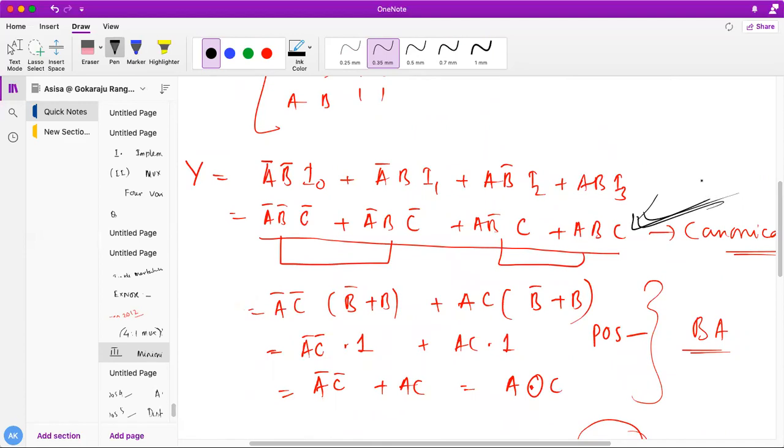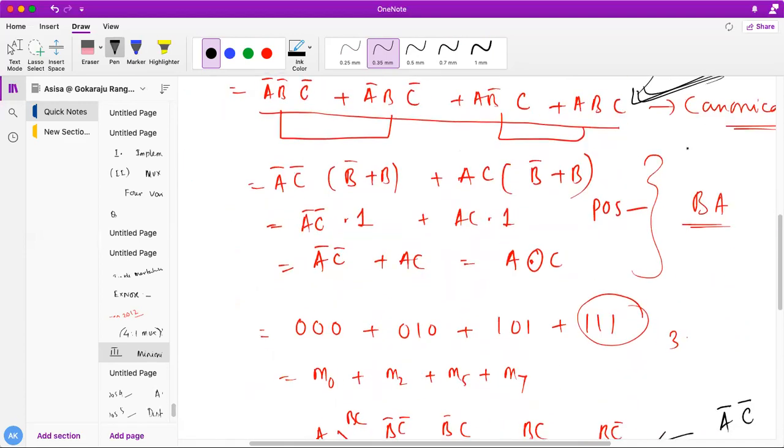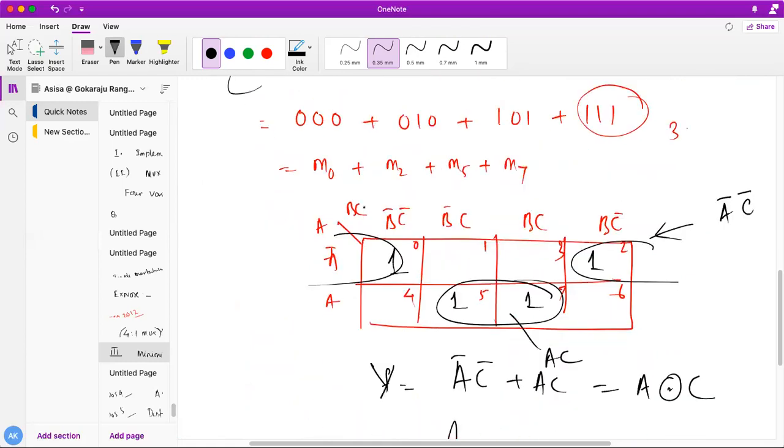Once you find out this equation from the mux, you can easily apply any of the methods, either Boolean algebra techniques, or you can apply K-maps. You already studied about it. So how to use those things now, it's important, students.